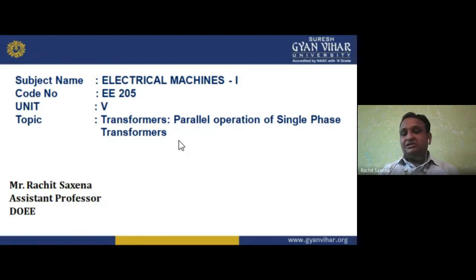So the phasor diagram is there for inductive, capacitive, and resistive loads. We can say lagging, leading, and unity. Then, through this phasor, we can also easily identify the voltage regulation. Through voltage regulation, we can then also identify the efficiency with the help of losses, because we have two